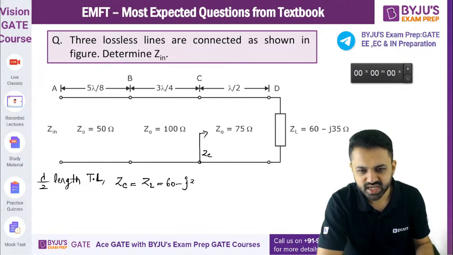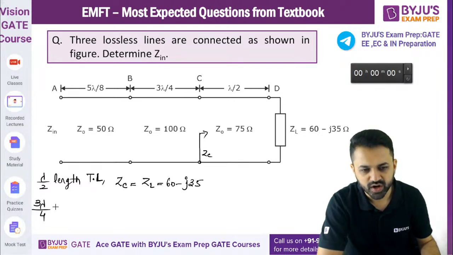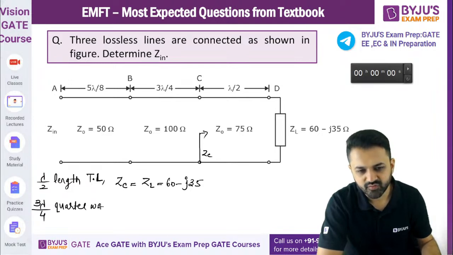60 minus J35 ही तुम्हारा इम्पीडेंस आ जाएगा C पॉइंट पे, जो कि लोड का काम करेगा 3 लैम्डा बाय 4 के लिए। हाँ, अब 3 लैम्डा बाय 4 एक क्वार्टर वेव बन गया। ठीक है, 3 लैम्डा बाय 4 वाला हो गया क्वार्टर वेव। अब ये वाला क्वार्टर वेव के लिए इनपुट इम्पीडेंस B पे निकालते हैं।